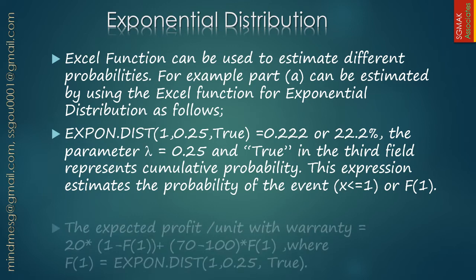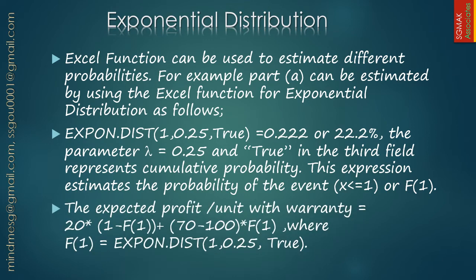So we get 22.2% or 0.22 as the failure probability within the warranty period. The expected profit per unit can be estimated as 20 times 1 minus F of 1. F is the cumulative distribution function. So 1 minus F of 1 is the probability of not failing within the warranty period, with the $20 profit per unit, plus 70 minus 100 F of 1. And we can use